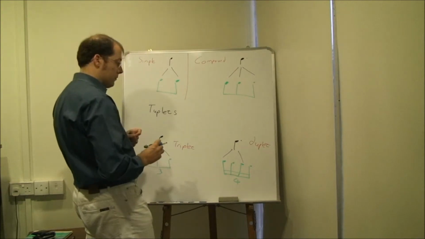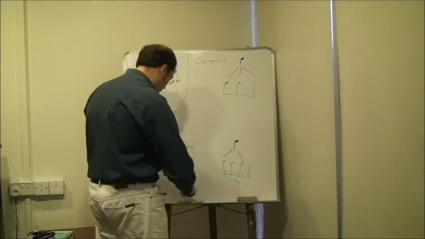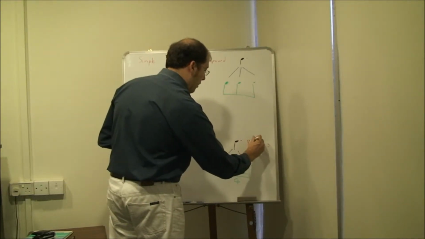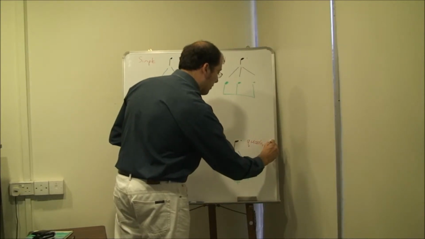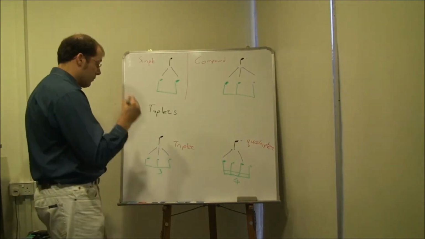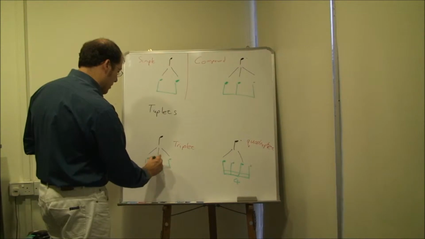So there we go. And then this would be a quadruplet. And we could do the same thing over here, where we say, instead of 3, we could make it